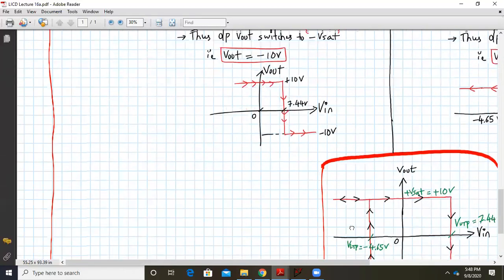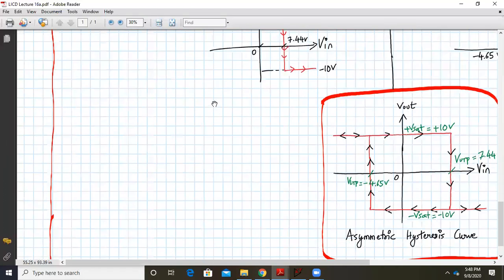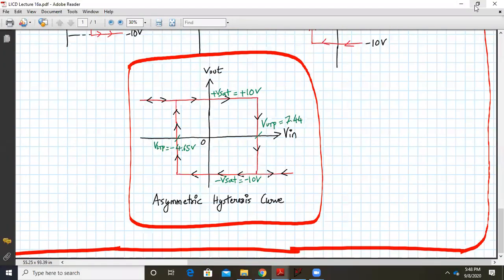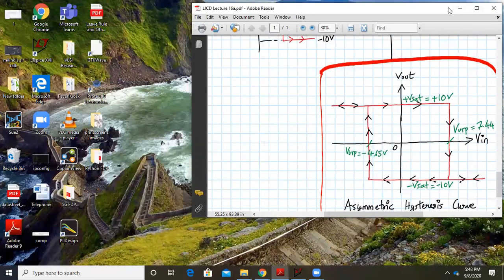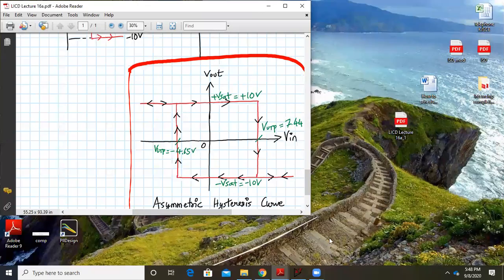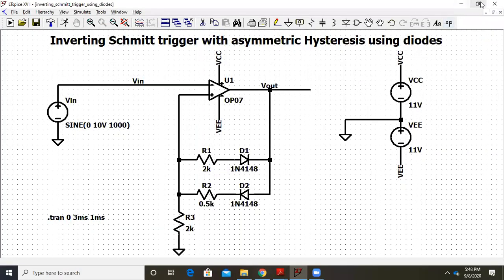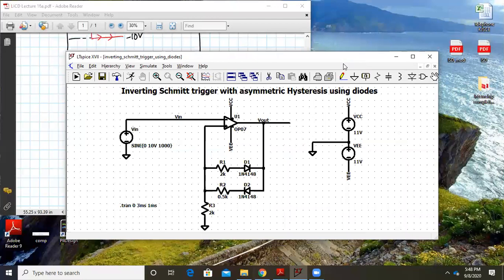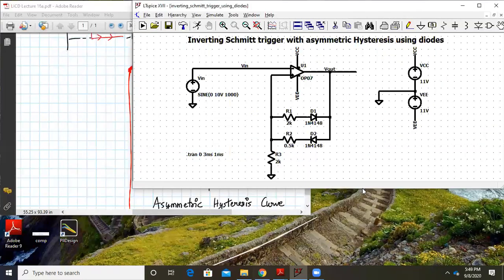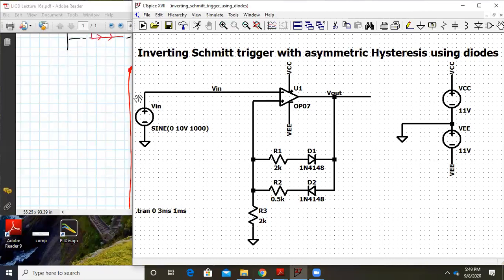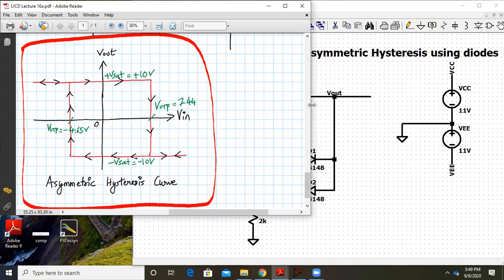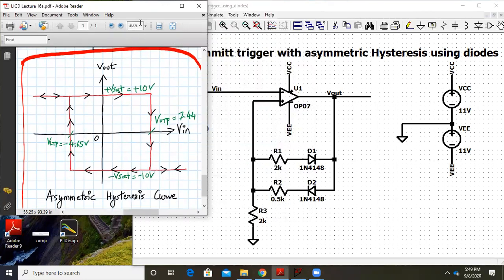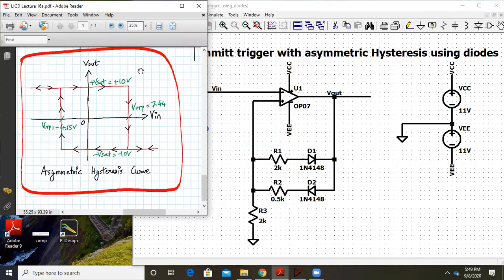Okay. So now what we will do next is verify this in LTSpice. So let us start. I guess the LTSpice circuit is already built for your reference. Let me open that window. Yeah. So it's already made available to you. The circuit is ready-made so that we can waste less time. And we will observe this hysteresis curve immediately by simulating the circuit. Let me reduce it to 25%. Yeah, now it is better.